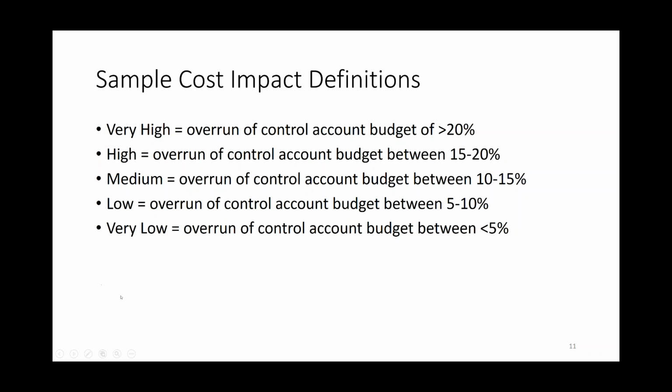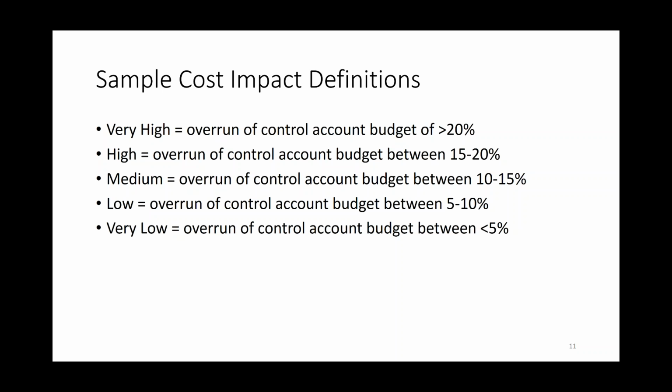What I want to caution you about is don't do it at 5% of the total budget, or 5 to 10% of the total budget. Because remember, you're going to be looking at many, many different risks. What if you have a budget of $1 million? And if you say, hey, anything less than 5% of the total budget is a low risk, 5% of that is $50,000. And if you get 5 things that go over $50,000, all of a sudden it's $250,000 over budget. No, that's not pocket change.